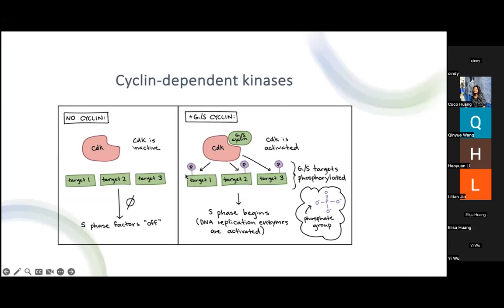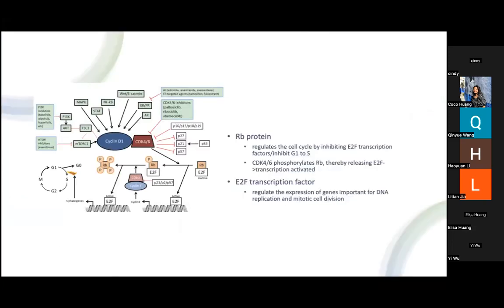So basically it regulates cell cycle entry, and other factors that play into this mechanism are RB protein and E2F